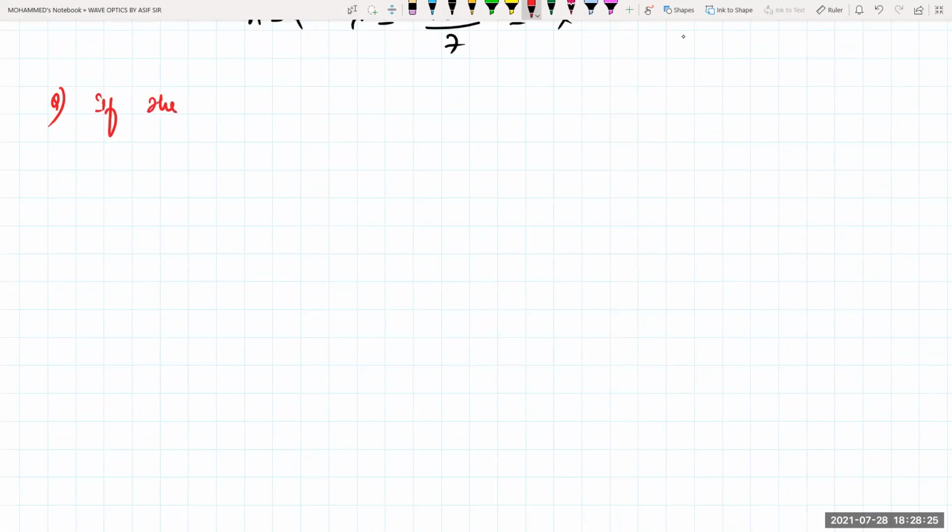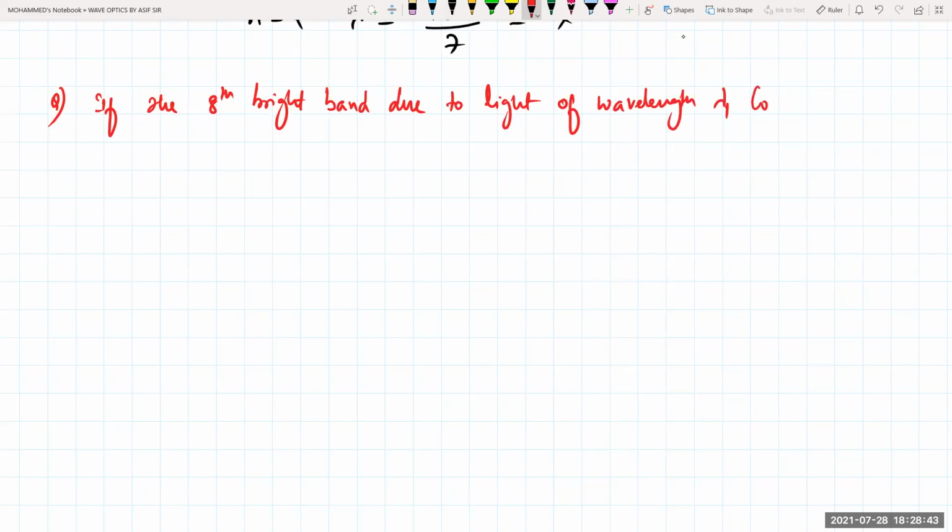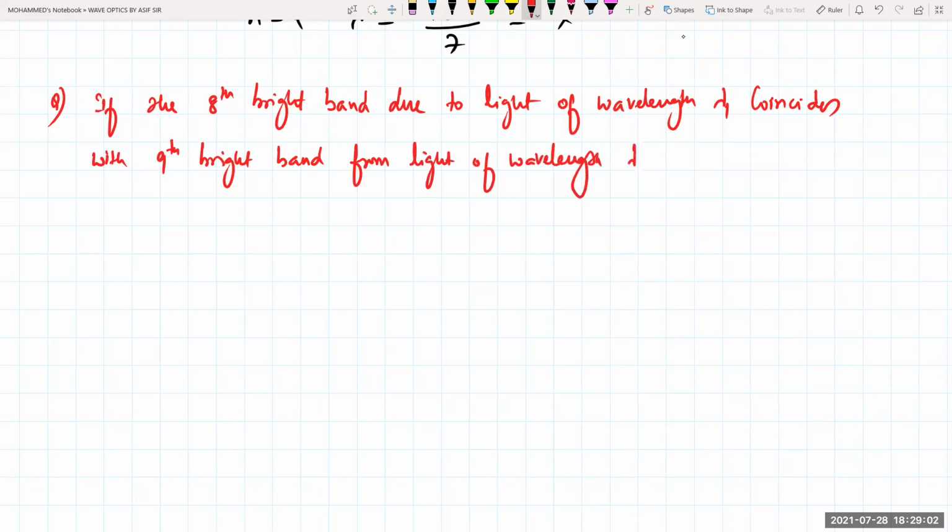If the eighth bright band due to light of wavelength lambda 1 coincides with the ninth bright band from a light of wavelength lambda 2 in YDSE, then the possible wavelengths of visible light are,